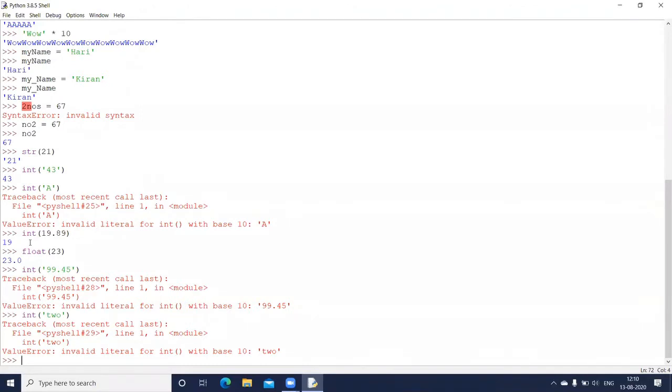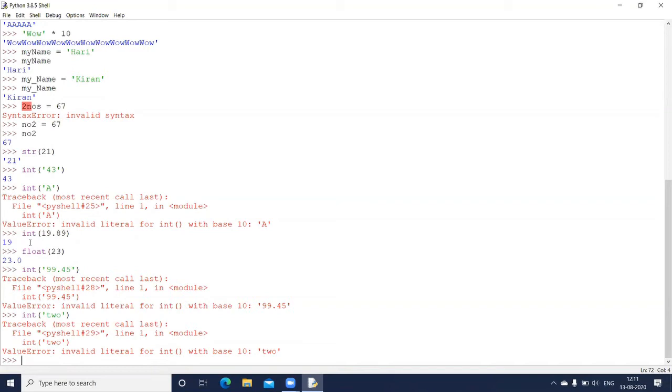Okay. Now coming to the other operators. So we completed your arithmetic operator. We saw string concatenation, replication operator, and then we saw these three functions for conversion. Okay. The other operator which we will be doing is your comparison operator. If we are writing some loops, or if we are writing the if conditions, we always have to compare the values.